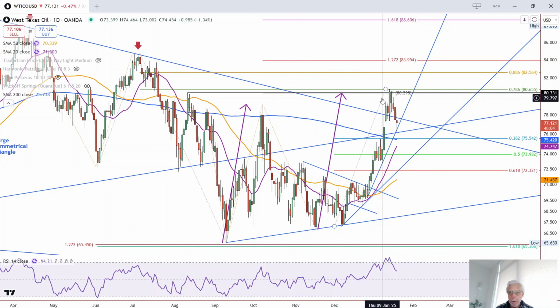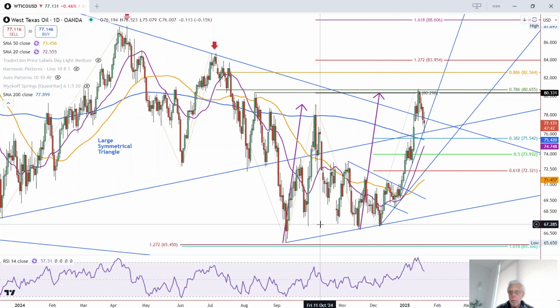This is overall bullish behavior, but it could lead to a deeper pullback before the bullish behavior continues. And you can see how just by the angle of ascent from this angle to this angle to this angle, crude may be getting a little bit ahead of itself and due for a correction. You can also see the overbought moving back into not overbought. So we'll see what happens here, but I wouldn't expect a new high in the next day or two. I would expect some consolidation or a deeper pullback, test the key support levels before another challenge to the recent